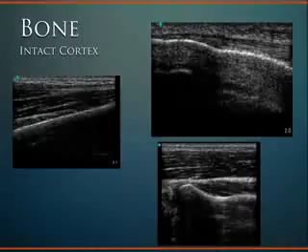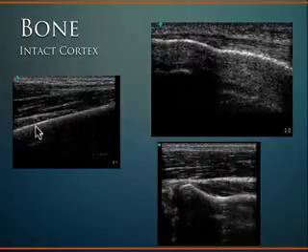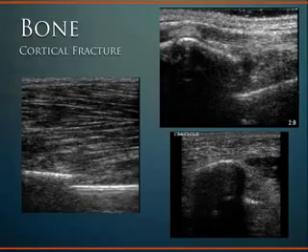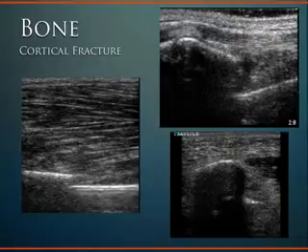So as we run through the normal anatomy for bone, an intact cortex is that very thick hyperechoic line through here, this bony architecture overlying subcutaneous and muscle tissue. Here is again bony cortex through here, bony cortex through here. And when you get a good sense of what that looks like, and then you actually look at fractures of pathology,